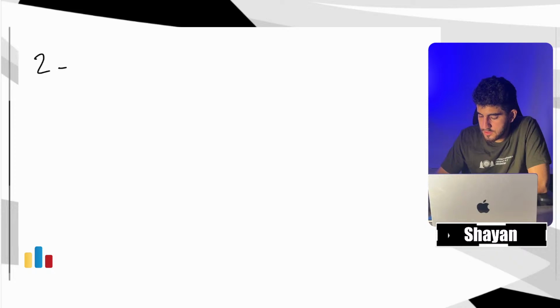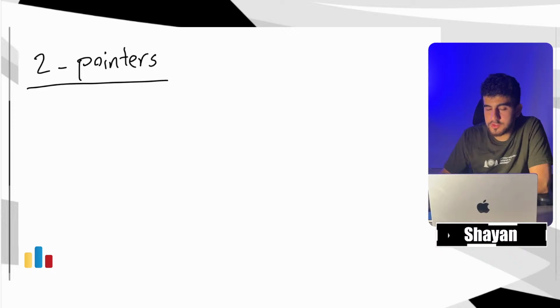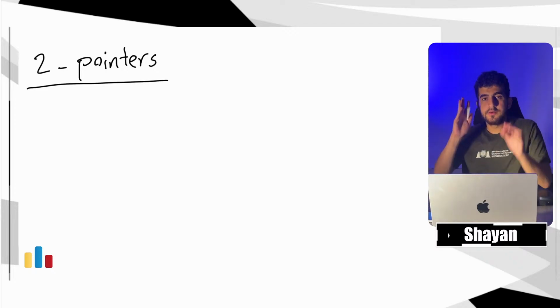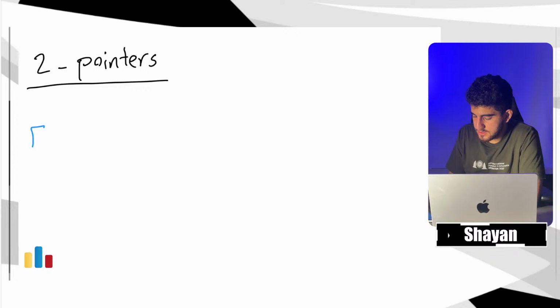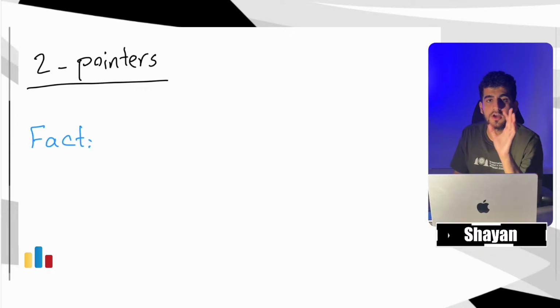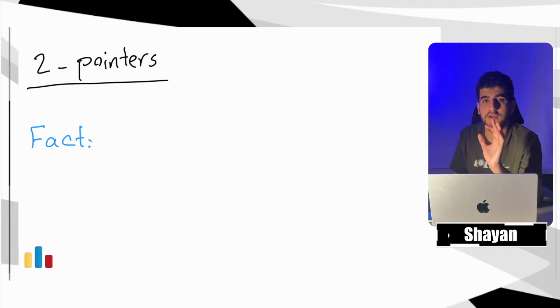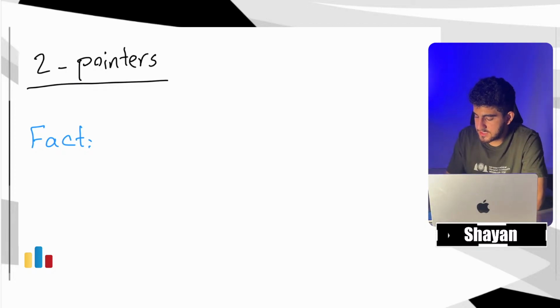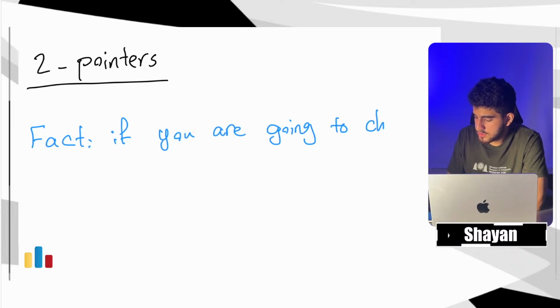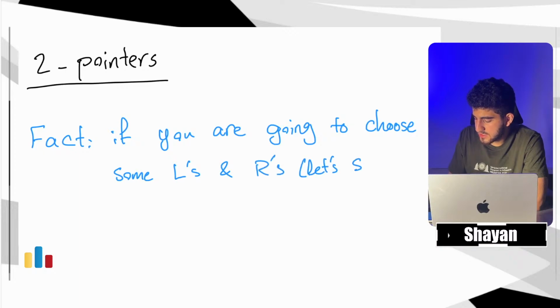That you mentioned, and this is even easier. The point in this one is that we do not try to find X. You know, the first fact that we said in this problem, you just need to first completely comprehend this fact. Let's see if you are okay with this fact or not. The fact is that if you are going to choose some L's and R's, let's say X L's and X R's,